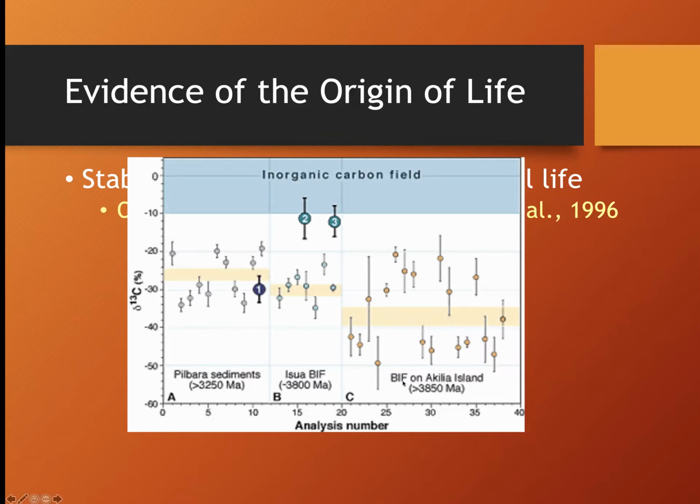And it turns out that if you grind up those rocks and you look at the isotopes in them, now these are not radioisotopes like you've learned about in terms of carbon dating and things like that. These are stable isotopes. And so, for example, this is the stable carbon isotope C13, right? The normal isotope of carbon is C12. But C13, the heavier isotope, is found in fairly small amounts, okay,